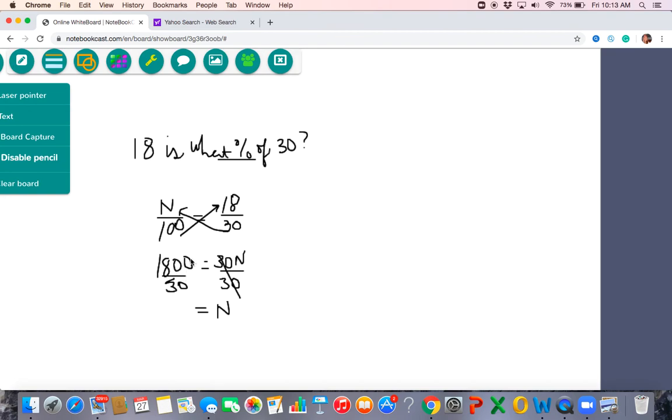Once again, I can just do that to simplify this problem. And 180 divided by 3. Don't make it hard, make it easy for your brain to do. 18 divided by 3 is 6. And then add your 0. So you get 60. But I'm not done, because it's asking me in percent. So 60%